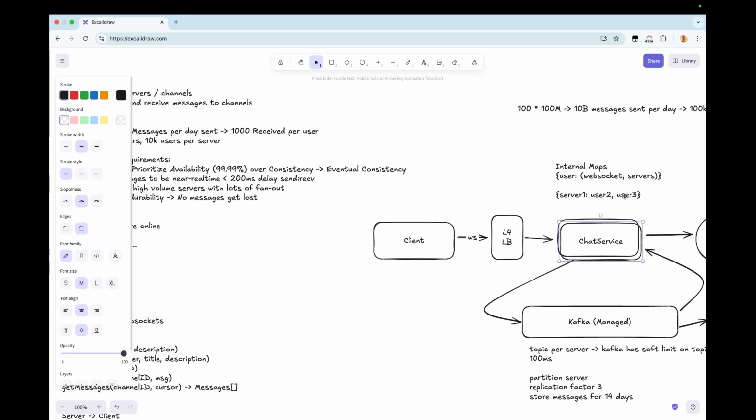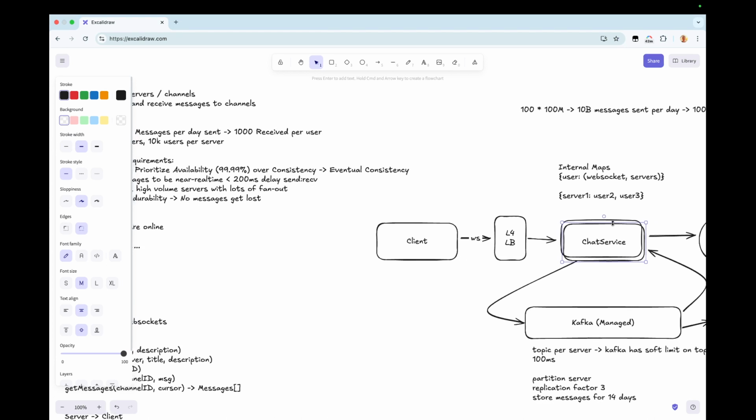It's still going to go on Kafka. The message always goes on Kafka, but we can essentially short circuit the message delivery so that we don't have to wait for that message to get all the way through Kafka before we deliver it to the other user. So if we have two users that are round robin to the same chat service, we can fast track that message so it goes from user two to user three without ever leaving the box. That's a really handy feature that we have.